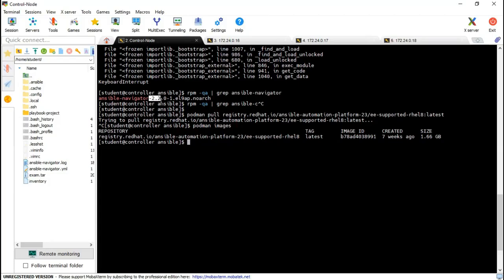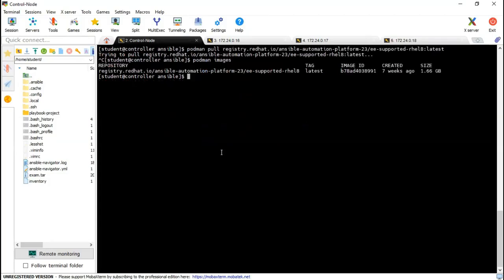How long will this version be there from today? Probably 6 months down the line. There are no timelines defined, but there is no such difference between 2.2 and 2.3. Why I'm asking is, in Kubernetes, every 3 months they come with a new plan. They keep on changing the environment, but the commands are going to be the same. Yes. Today we start, and in 3 to 6 months we all three are going to take the exam. So this will be there at least till the end of this year, right? Exactly. Only these things will vary. The rest of the things will be very much the same. Okay.